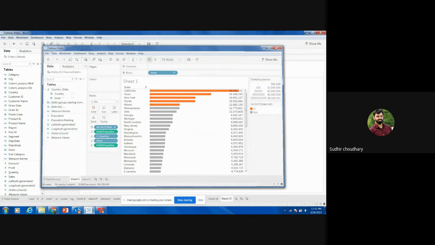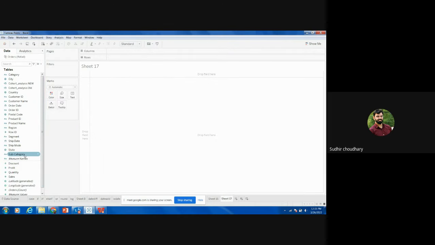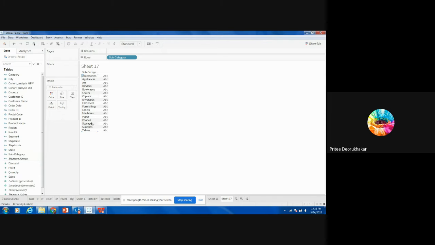See, I'm trying the same thing here. For example, I have these subcategories, right? So I just need to double click on subcategory. So the subcategory name would be here, right? And if I just click on this sales value, see, I just need to click on sales. Now see, for every subcategory, it will show you the value of the sales.